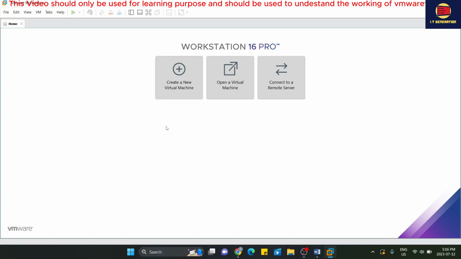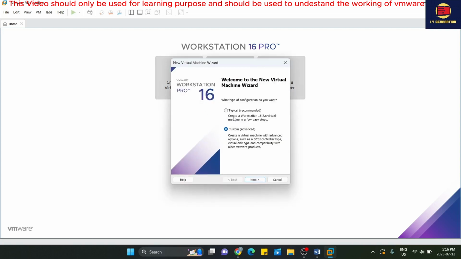First, you have to make sure that you have plugged your USB in a fast port. Otherwise, it's going to take a lot of time and you will not be able to create your machines and run the results successfully. So first, I'm going to go to create a new virtual machine. I'm not going to do this typical, because the things we need are in these custom settings. So I'm going to start with the custom,